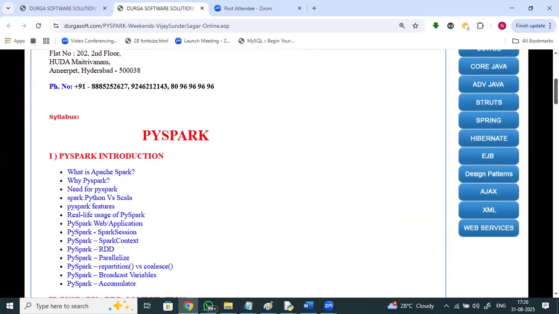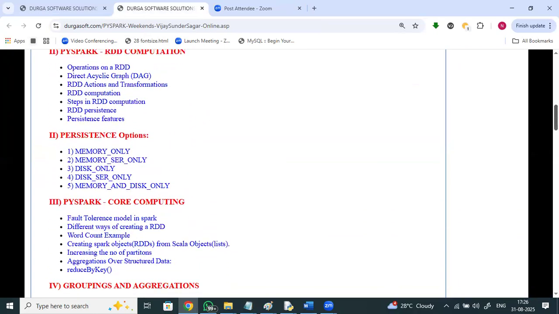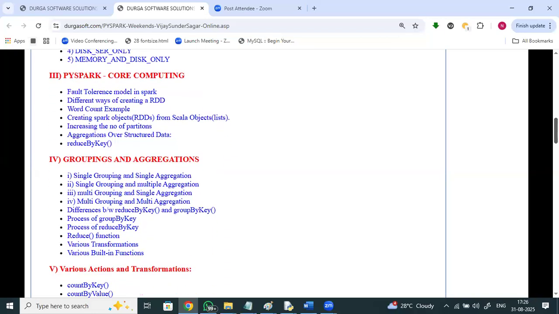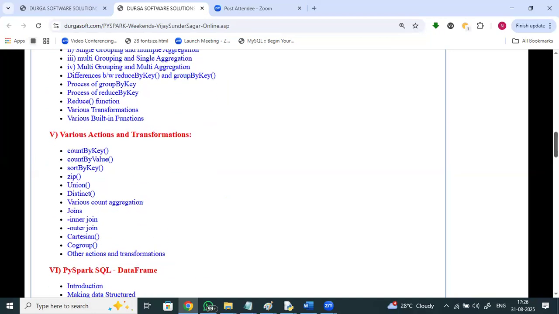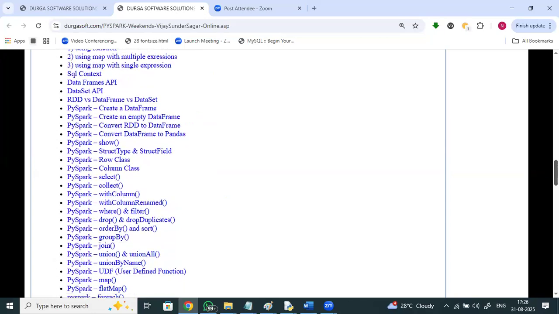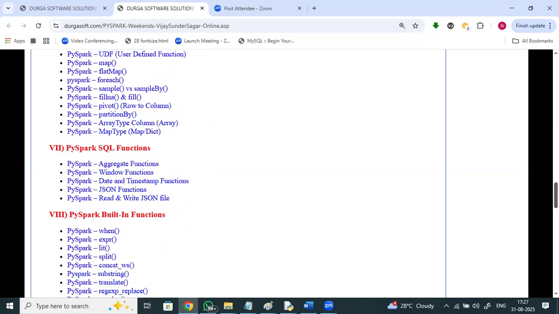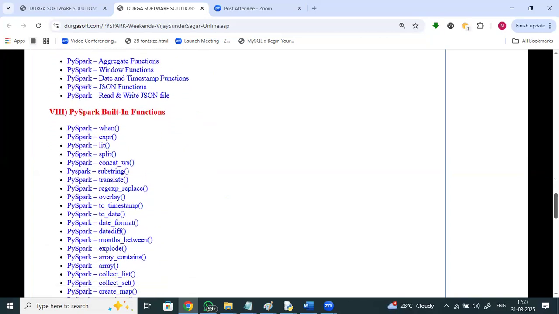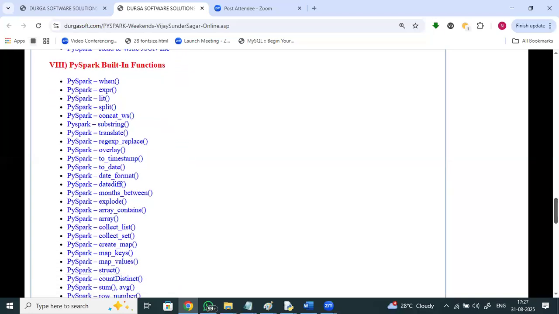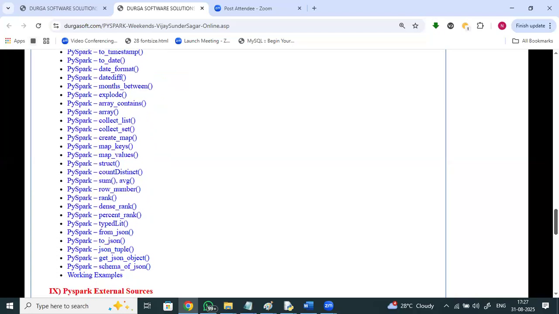You can see a brief on Apache Spark, need for PySpark, PySpark session, PySpark context, parallelizing, broadcast variables, RDD computations, persistence options, core computations, different ways of creating RDD, groupings and aggregations, various actions and transformations, inbuilt actions, PySpark SQL data frame, creating a data frame, creating an empty data frame, Row class, collect, withColumnRenamed, where, filter, drop, orderBy, sort, join, union, UDF, flatMap, PySpark SQL functions, aggregate functions, window functions, date and timestamp, JSON functions, reading and writing JSON file, when, expr, lit, split, concat, translate, overlay, to_date format, datediff, explode, array_contains, collect_list, create map keys, map values, countDistinct, percent_rank, typedLit, from_json, get_json_object,